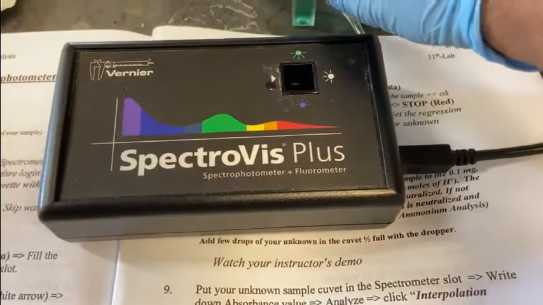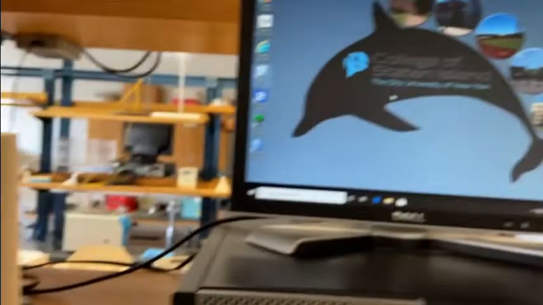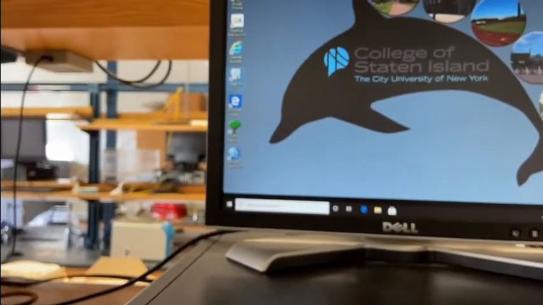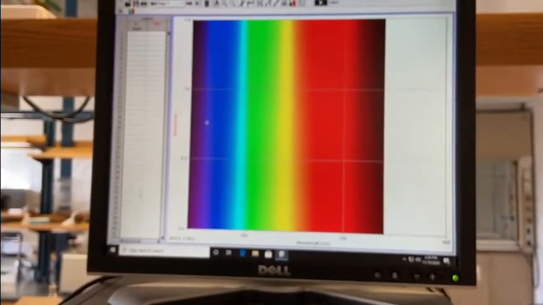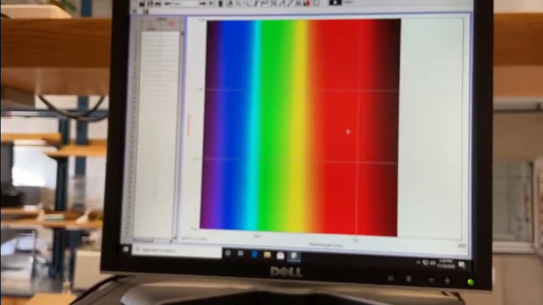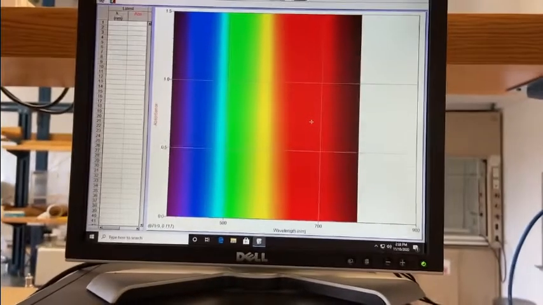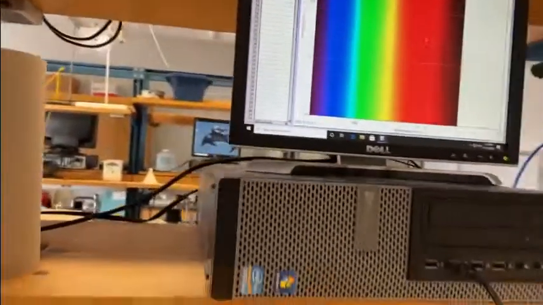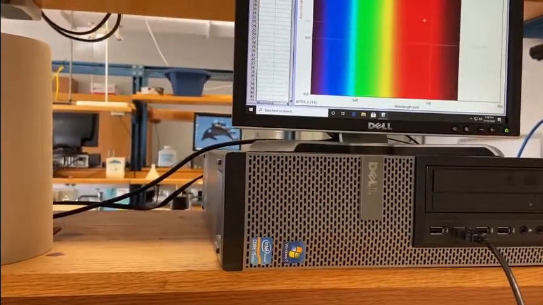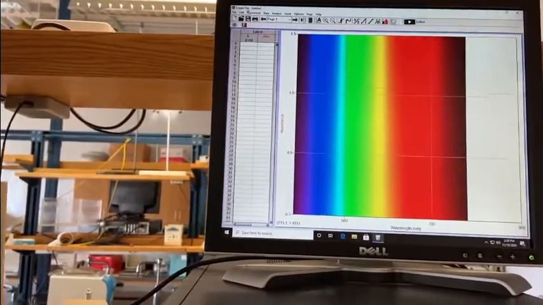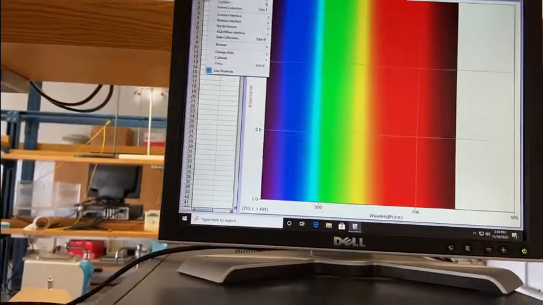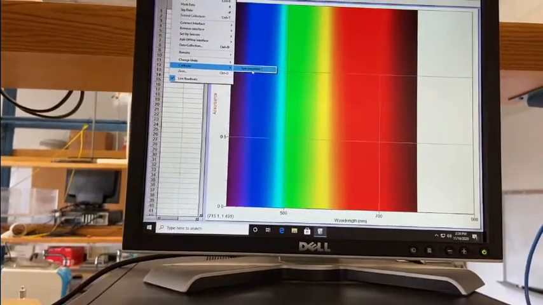So first of all, we are going to calibrate it. After connecting, you open the program. Once you have opened it, if your spectrophotometer is connected to your computer, it will give you a rainbow window. If the rainbow window is there, that means your spectrophotometer is connected with this program on the computer. So first of all, we are going to calibrate it. To find the lambda max, go to Experiment, see Calibration, and do the calibrate.